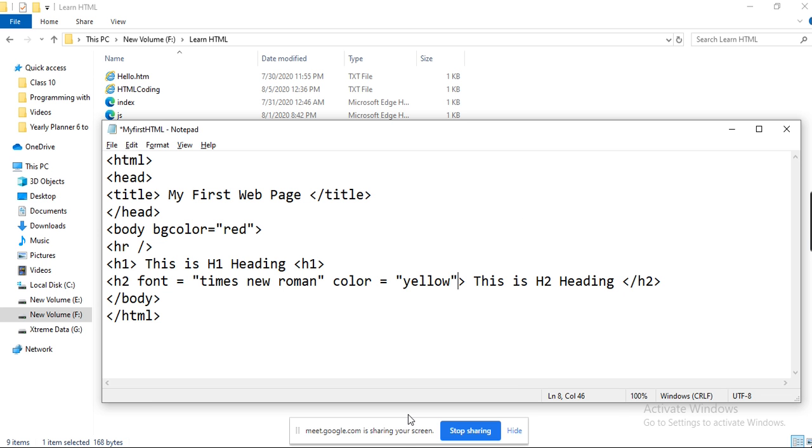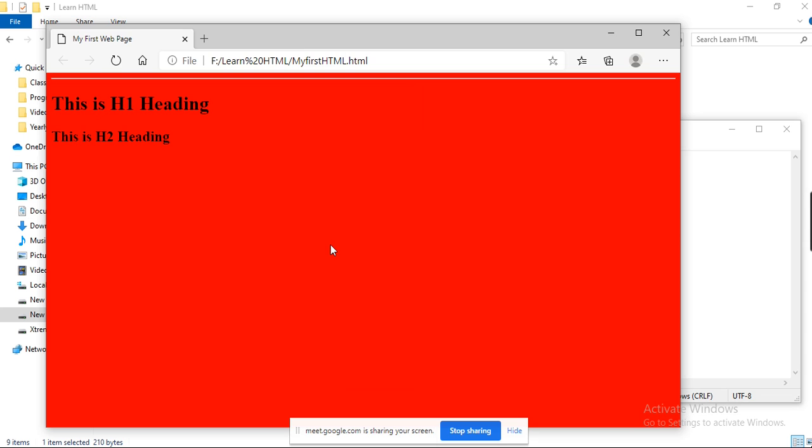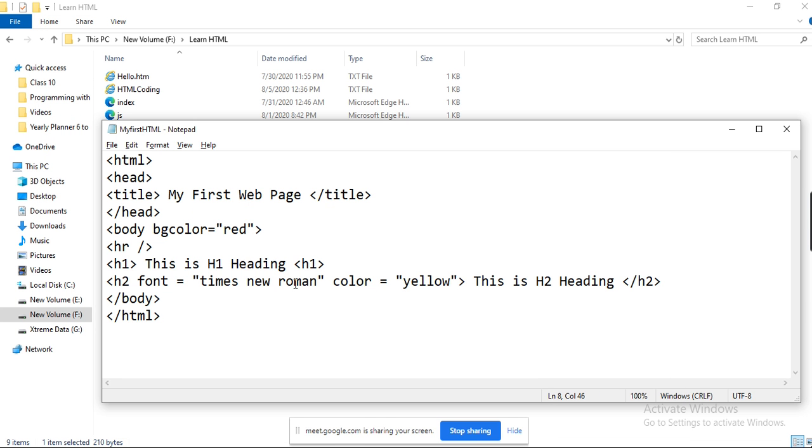Let's see if this is working or something else. Okay, this is basically the attribute I have set, right? So let's see if it is working. Okay, it is not working, by the way. Some typographical errors.